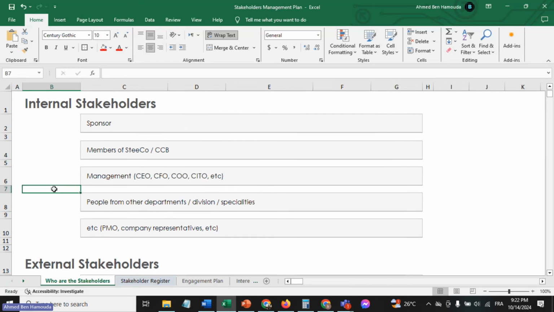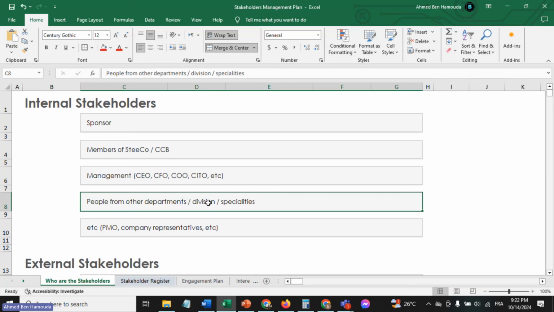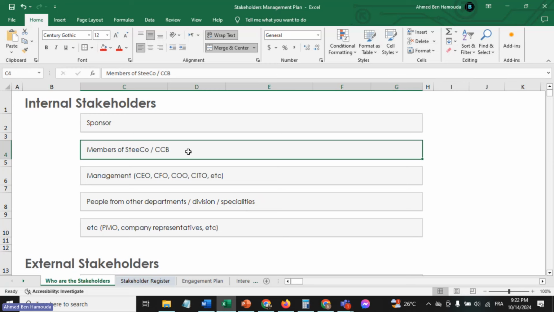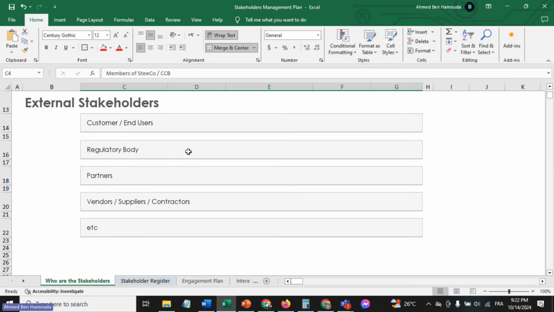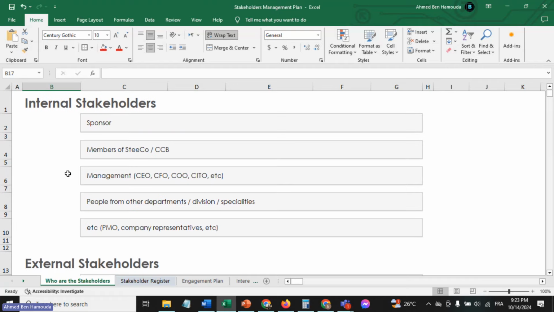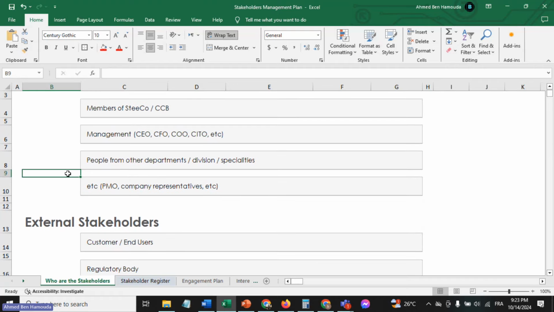Are there any people from other departments or divisions or specialties that I need to identify as stakeholders? Anyone from management or from executive level, etc. Anyone from the steering committee or the change control board, etc. And then when it comes to external stakeholders, do we have any partners? Are there any contractors, any regulatory body, etc.? So you need to ask yourself these questions. That's just to guide you and help you, right? And of course, make sure that you ask your sponsor or your steering committee members, and they might help you